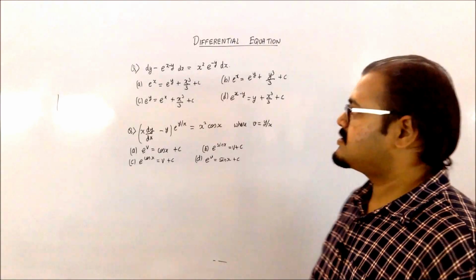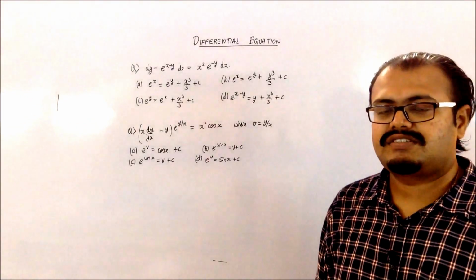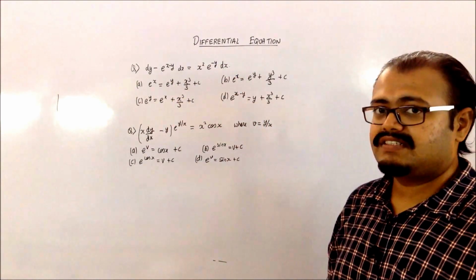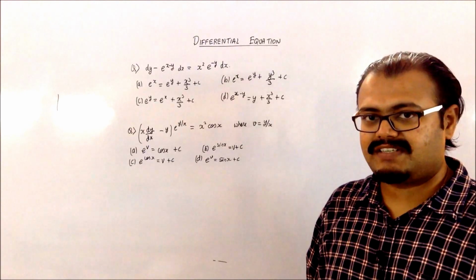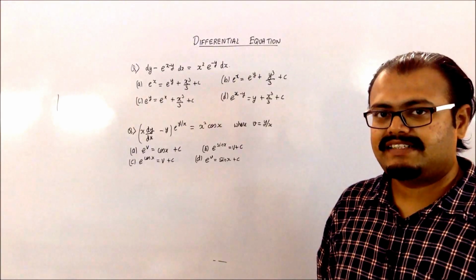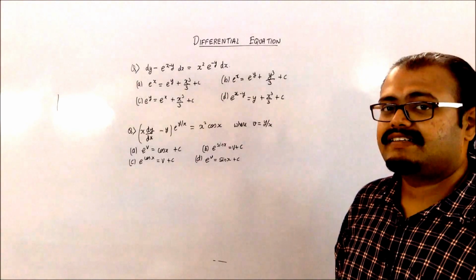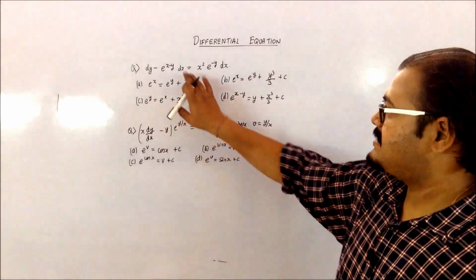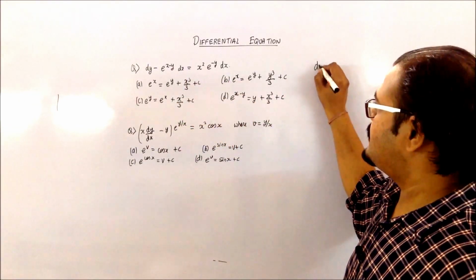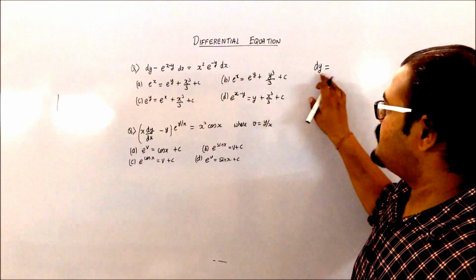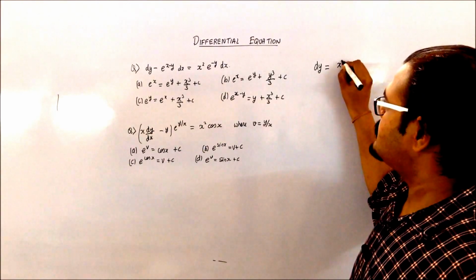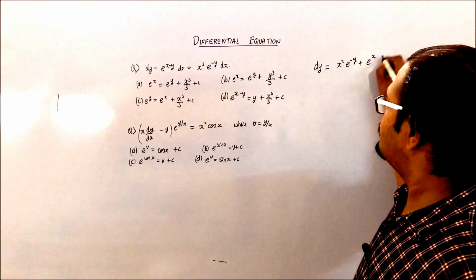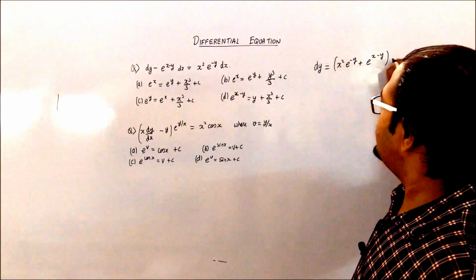Going to the next set of questions, in this you have to find the solution for the differential equation given to you. So you can see that there are many terms present over here. So what you can basically do to simplify it is bring together the dy and the dx terms and then try to solve whether it is going to come in the separable form or not. So you can take the dx on this side and dy, let us keep it at that side only. So my dy will be equal to x square e raised to minus y plus e raised to x minus y into dx.